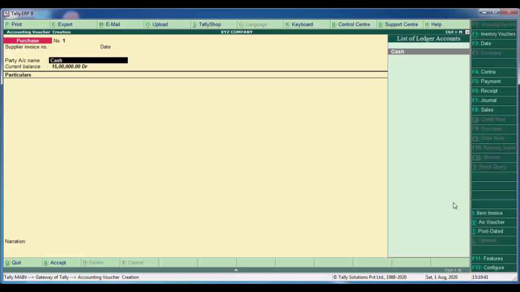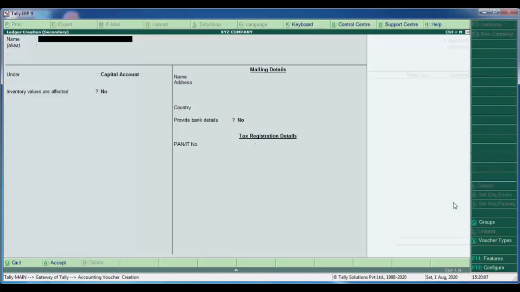So here we enter the party account name. As we are purchasing through credit, enter the party account name of the creditor. Create a party account ledger, press Alt plus C. I am purchasing from Dell Computers.